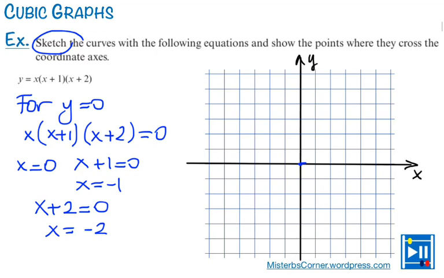So it is going to be minus 1. Let me place it here. That's negative 1. This is the origin. And let's say this is negative 2. Now,